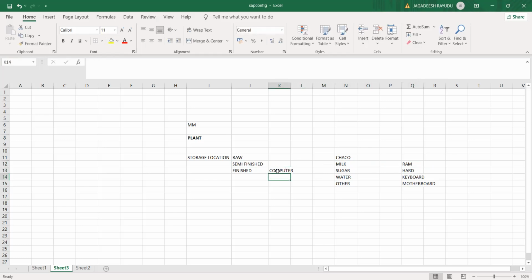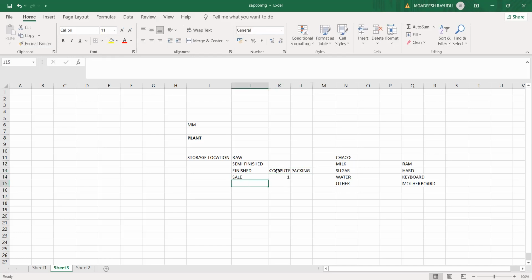as a finished good. Then I'm creating one more storage location called sale. For sale, the computer plus your packing unit, packed in a box, is then ready for sale as one unit.